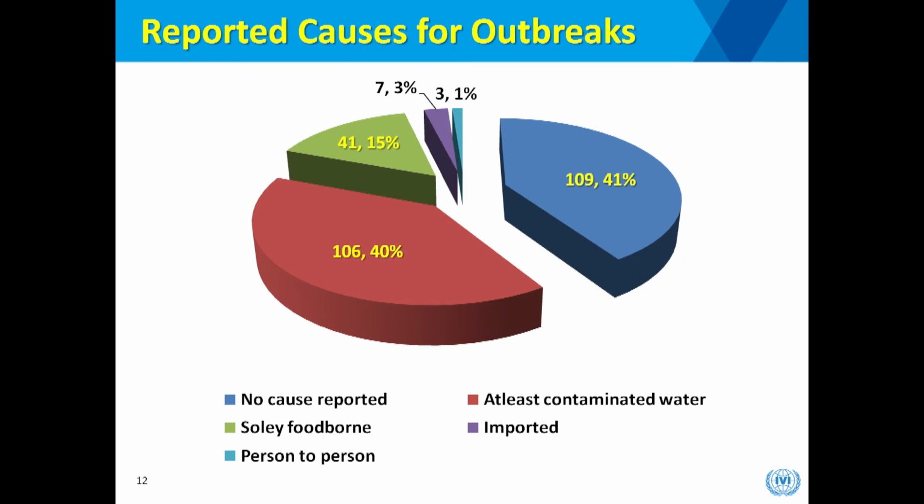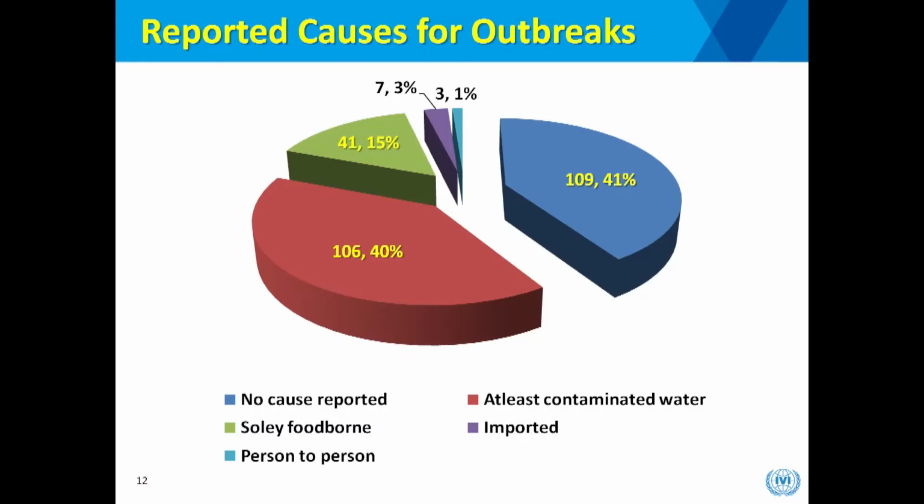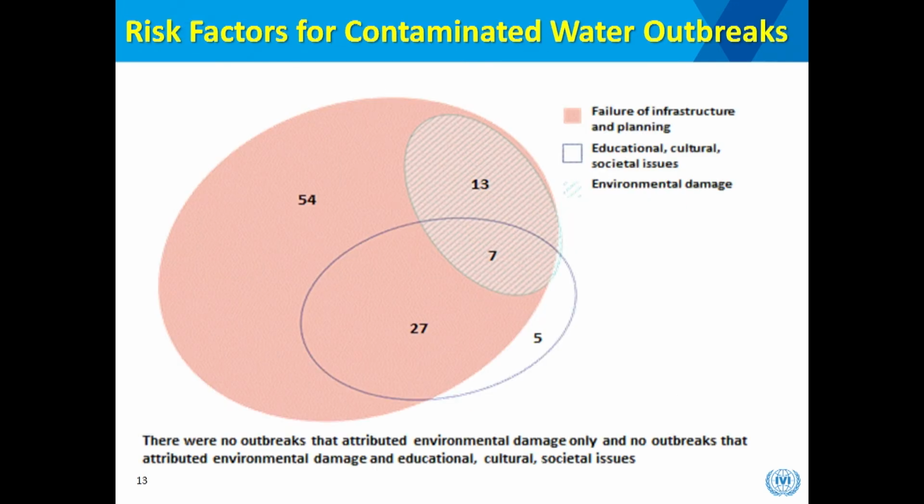And then we looked at the reported causes of the outbreaks, and of all the outbreaks, only 40% reported at least the main reason, or one of the reasons, as contaminated water. But most of them did not report what the cause was. And foodborne is around 15%, and person-to-person transmission is 1%. There were also outbreaks reported based on imported